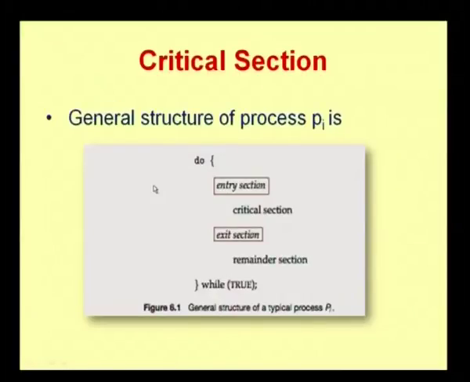Now we will see a program code snippet. This is the general structure of process Pi, where you can have as many processes as you want. Here: do, entry section, critical section, exit section, remainder section, while true. This example has been taken from another book, which is why it is given as figure 6.1. Here, in this entry section, process Pi, say if I am going to have 10 different processes,